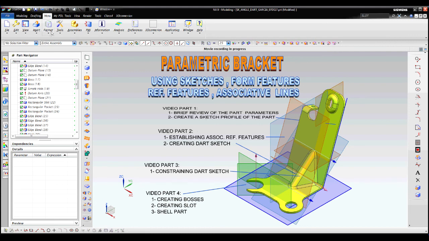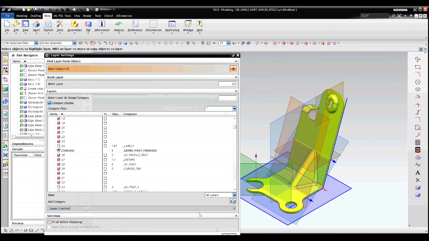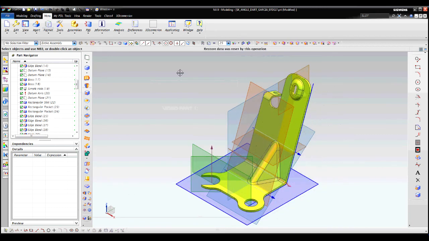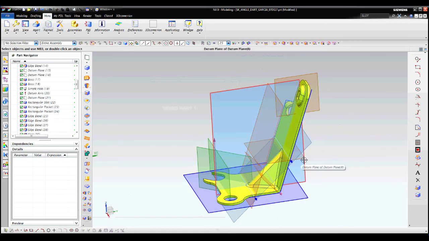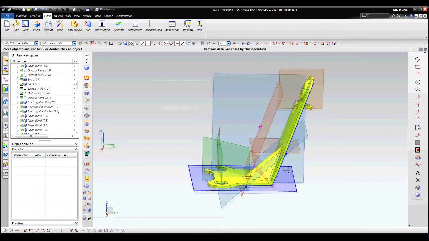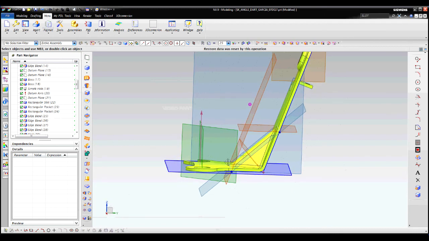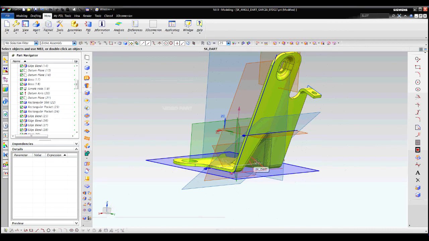So let's begin by selecting Format, Layer Settings, and turning off the labels to a fit here for the part itself. And as you can see, there are several datum planes that I have previously created just to give us an understanding of how this particular dart here is totally associative and that we can modify. Here's the sketch,